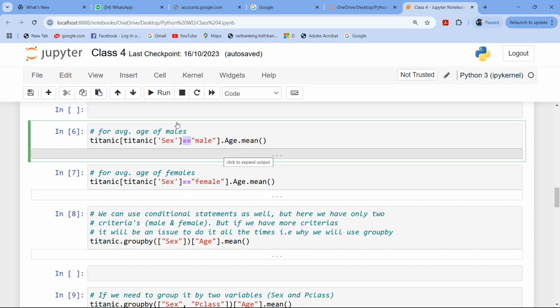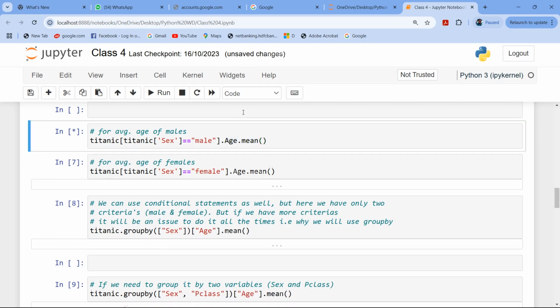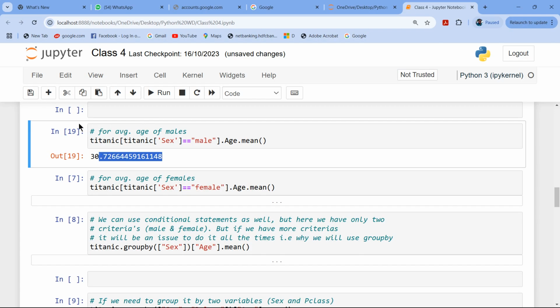But here we are not assigning a value. We are comparing whether the sex is equal to male. What will happen with this coding? This coding will select only those records in which the passenger is male. Now after that, dot age dot mean, which we have done right now previously. So it will calculate the average age of males only from this data frame. So if I run this, this is the average age of males,